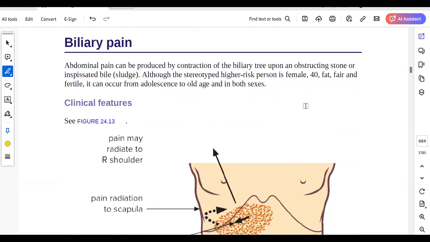We're going to take a 10-minute break now, and after that, we will restart with the biliary pain and